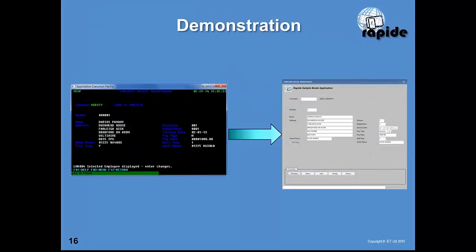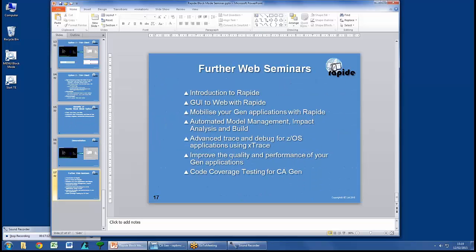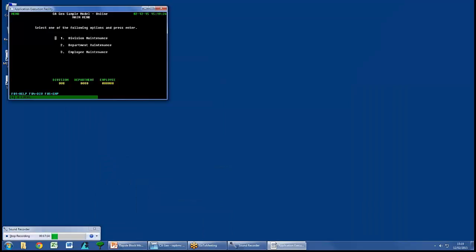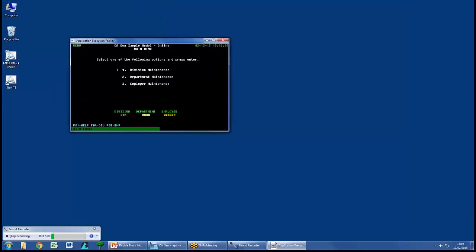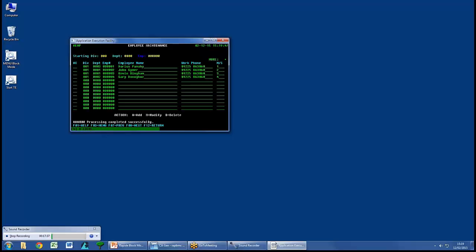So let's take a look at that. Let's take a look at taking the Gen sample model and moving it to the web. I'm going to start off by showing you the Gen sample model. This is running locally on my machine using AEFC, but it could equally well be using a mainframe terminal emulator. So if you're familiar with the sample model, you'll have seen that you have three options for divisions, departments, and employees. And if I just choose option 3 for employee maintenance, here you have a list of employees,